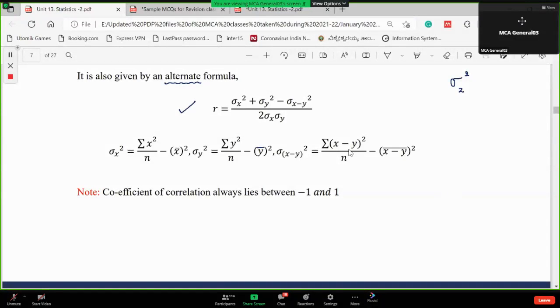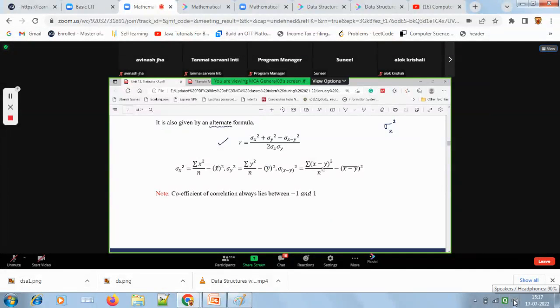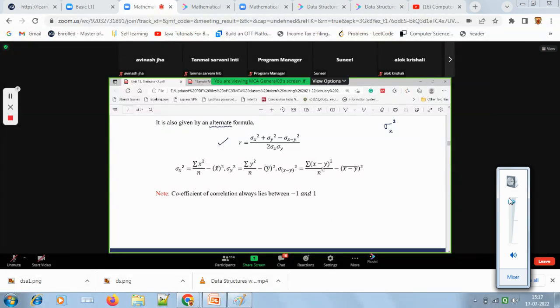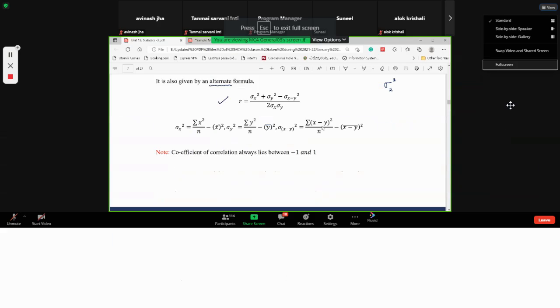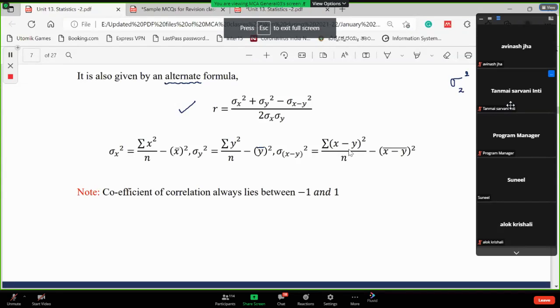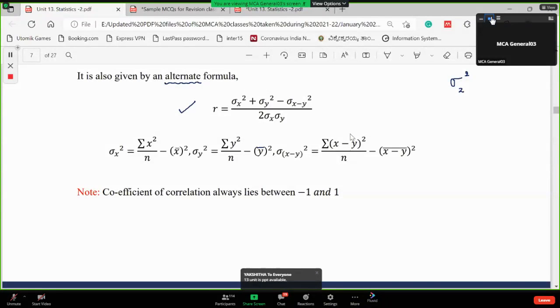See, this word correlation is not new to us. We use that word even in our day-to-day conversations. We say that as and when you study more, your marks will be high. So they are correlated. There is a combined relation. Combined variation is correlation. There is a numerical measure that is known as,